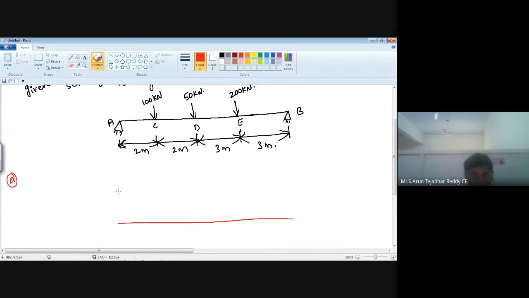So this is A and this is B. Up to here clear? Now, at point B, we have a maximum intensity. It means this is 1. Just now we calculated reaction RA, reaction RB. So as per the last ILDs, here I am drawing the influence line diagram for RB. So at point B, we'll get maximum intensity.